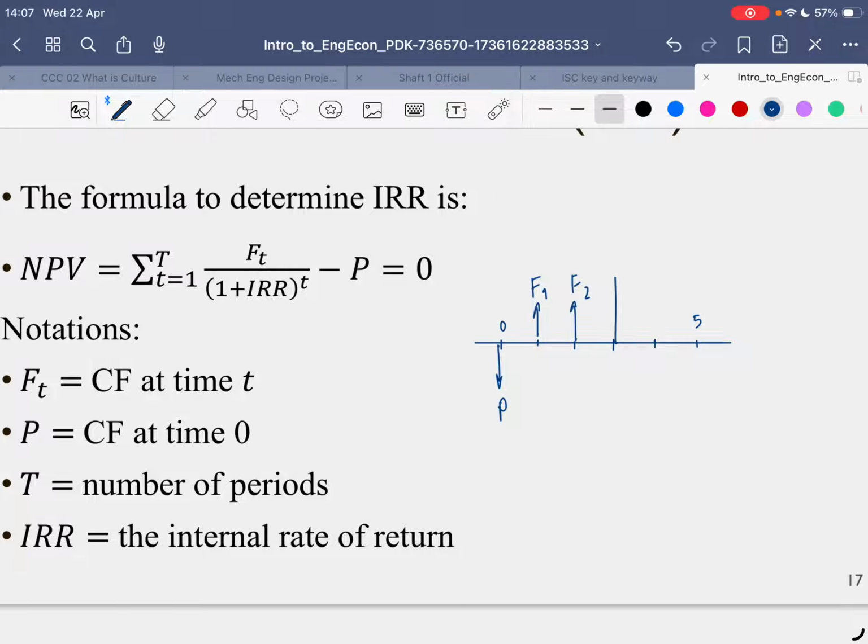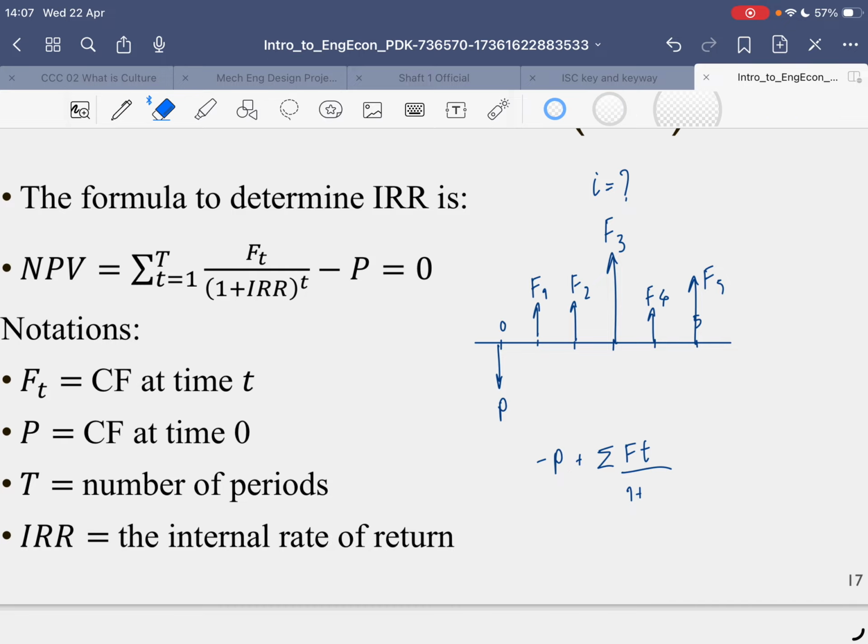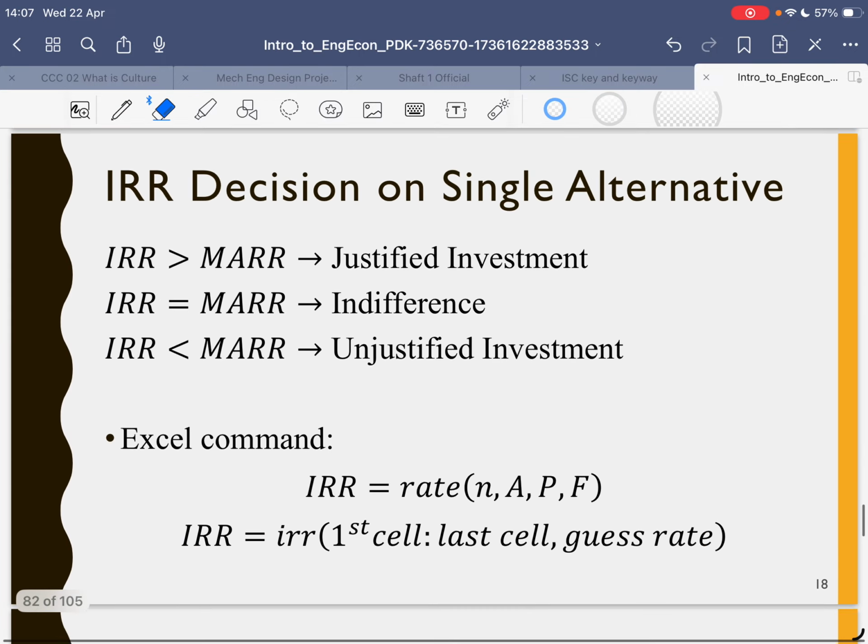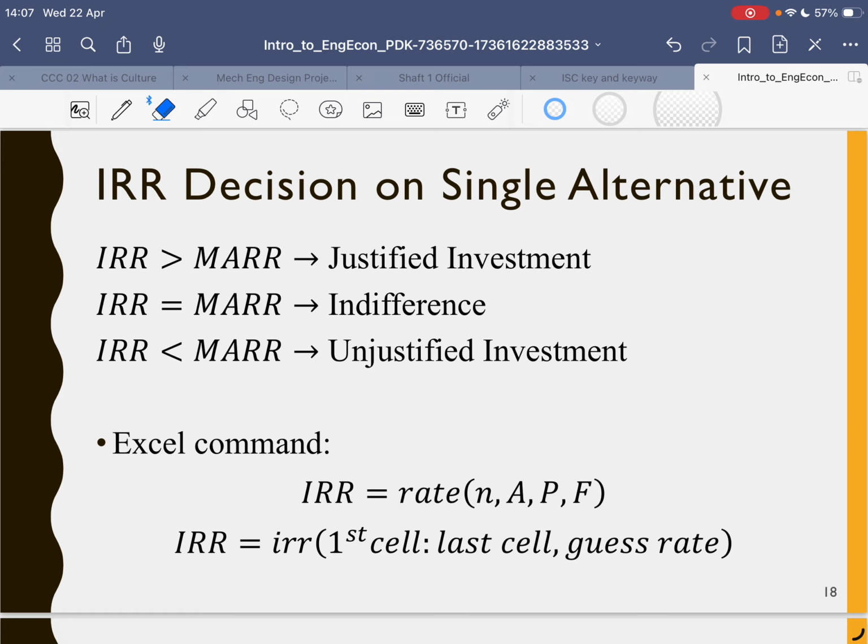Basically, this is minus P plus the summation of Ft divided by (1 plus I) to the power of T, equal to 0, and this is exactly the same as what I wrote on the left hand side. But you will see an example and that's much easier. The core concept of IRR is that it will tell you the return of that project per year. Period. Say it again. IRR is the concept to calculate the return of the project